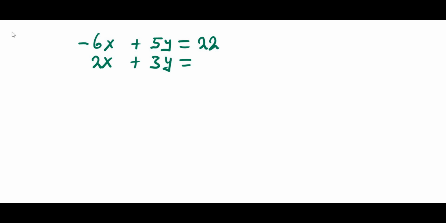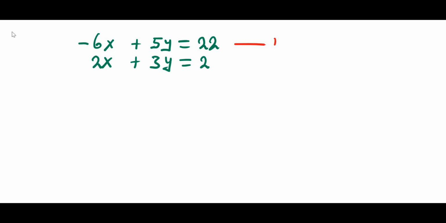If we have negative 6x plus 5y equals to 22, and 2x plus 3y equals to 2. The first responsibility is to make the coefficient of x